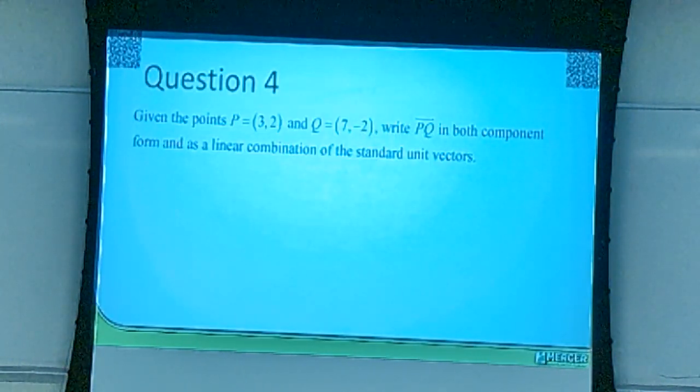Write the directed line segment in both component form and as a linear combination of standard unit vectors. Well, standard form is where the initial point is the origin. Well, remember, you can move your vector however you want, as long as you do not change length and direction. So the idea here